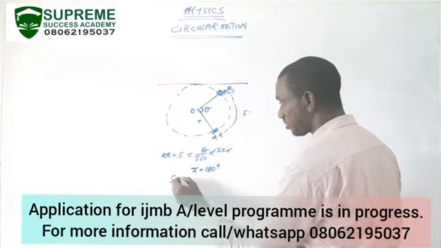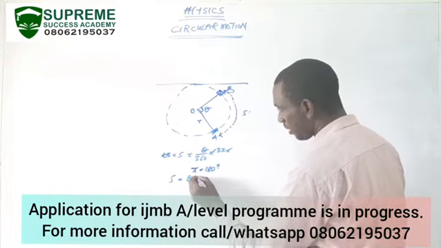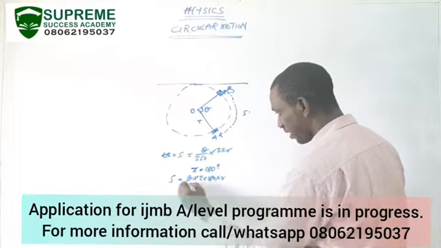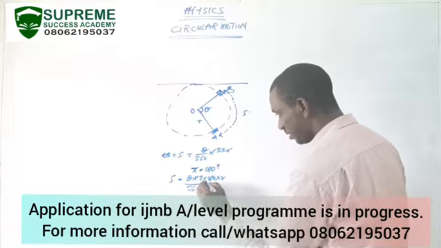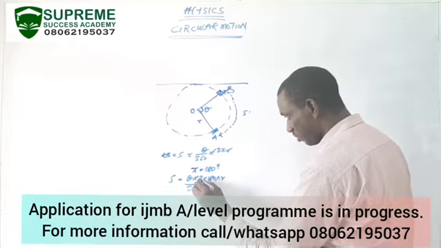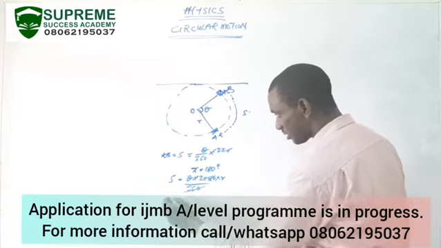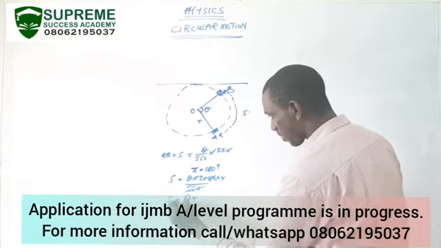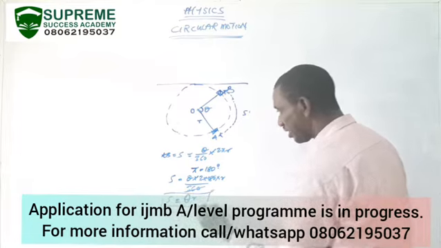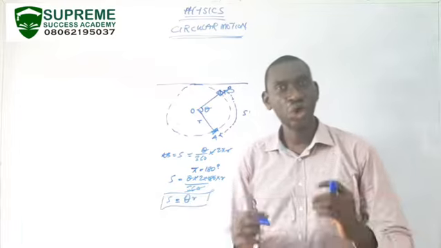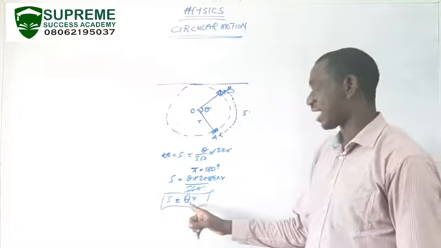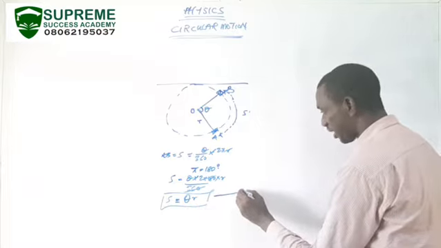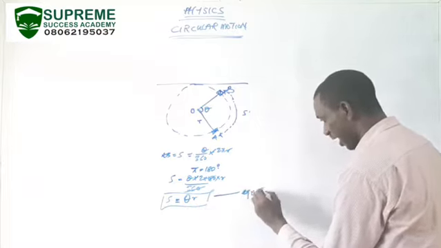If you substitute, your S equals theta times 2 times 180 times radius over 360. So this gives you 360, which means this takes care of this and this. Then you have your S equals theta r. So this is the relationship between your linear displacement and angular displacement. Also, call this equation S.